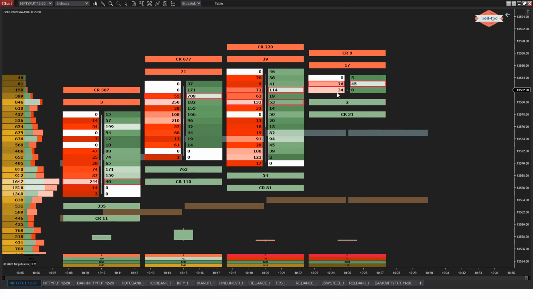If the price slides down, you could see the selling activity is increasing. 39 lots is getting increased over here. Now, why we need to observe this kind of price action is that the more closely you observe, the more interesting trading strategies you will be able to generate, that too with a very tight and very good risk management